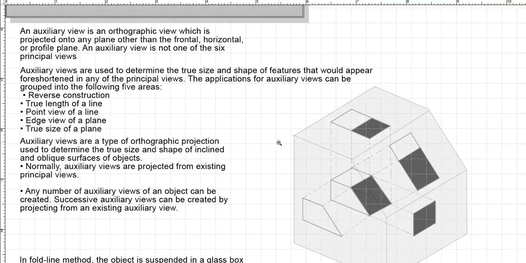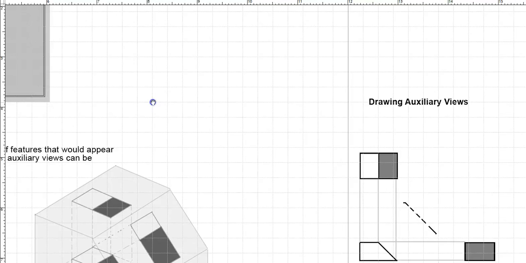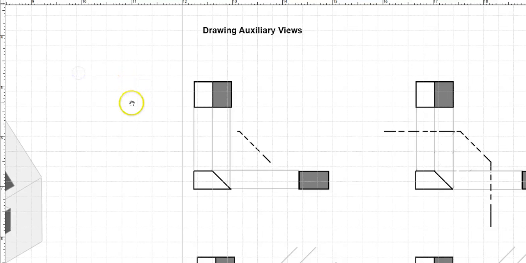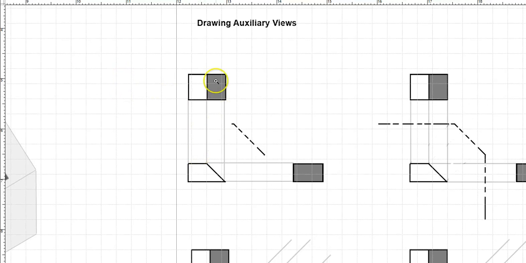Now, auxiliary views are used to determine the true size and shape of features that would appear foreshortened in any of the principal views, which being the top, front, side, left, back, bottom. So first thing we need to understand is the term foreshortening. Now if you look at this view over here, this is just a simple view. This is the top view, the front view, and the side view. Now if you look at this surface,